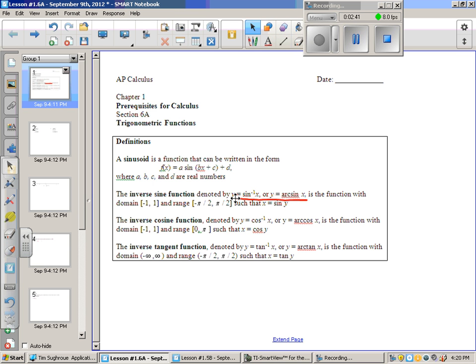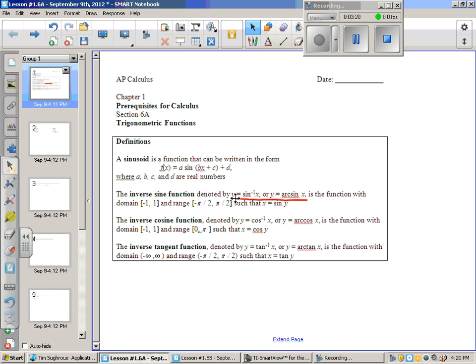The domain's a little bit different, and the range is a little bit different. The domain's the same, actually, from -1 to 1. So that means we can only take the inverse sine and the inverse cosine of numbers between -1 and 1. If the problem asks you to find the inverse cosine of 2, you simply say, cannot be done. There is no solution. But for an inverse cosine, the angle must fall either in the first or the second quadrant, because the range of acceptable answers is from 0 to pi, or on one of the axes. Okay? Where the inverse sine is either the first or the fourth quadrant, because the answer must be from